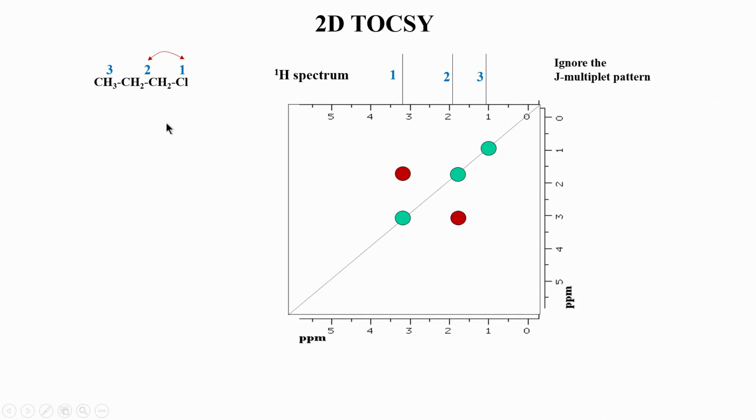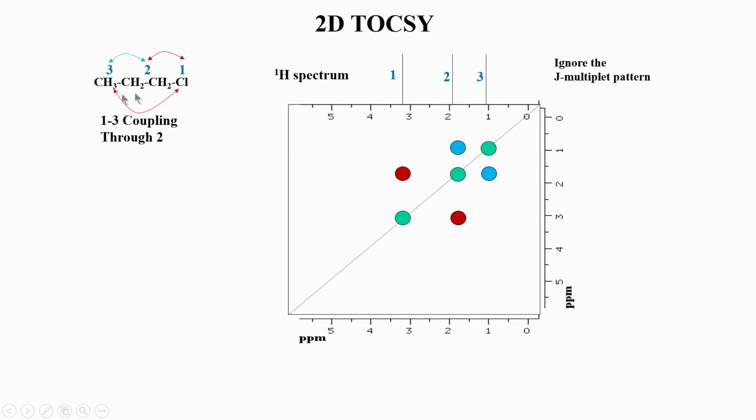You can see here between proton 1 and 2 there is a 3 bond coupling, and therefore, because of this coupling between these 2 protons, you will see a cross peak. This is similar to COSY. There was no difference between this and a COSY, the same thing is drawn here again, and you can see here also it is the same as COSY. So, there is actually no difference up to this point.